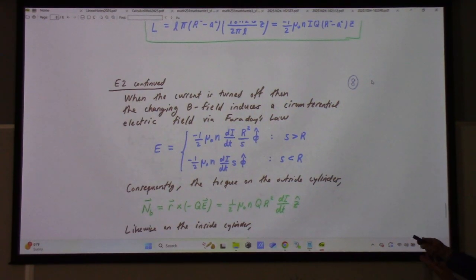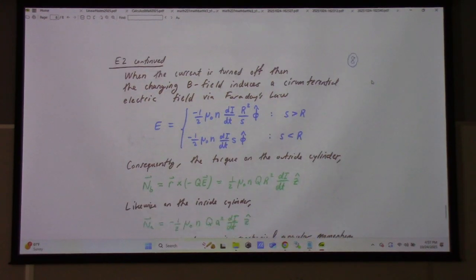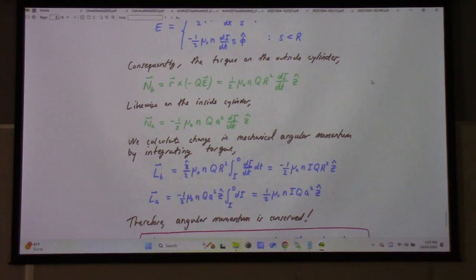But anyway, those are the formulas, and then you can calculate the torque, which is the torque at B is R cross minus QE, because there's a minus charge Q at radius B, which gives you this. And there's also a charge, I forget which one's plus, oh yeah, there's a charge Q at A, which gives you that. So then we can calculate the total